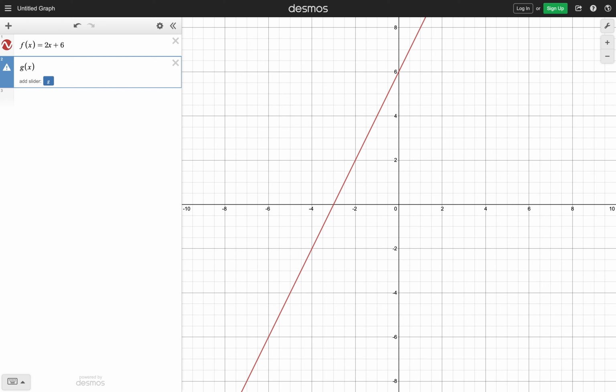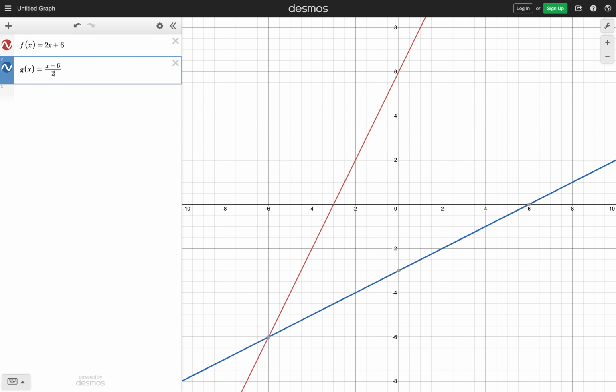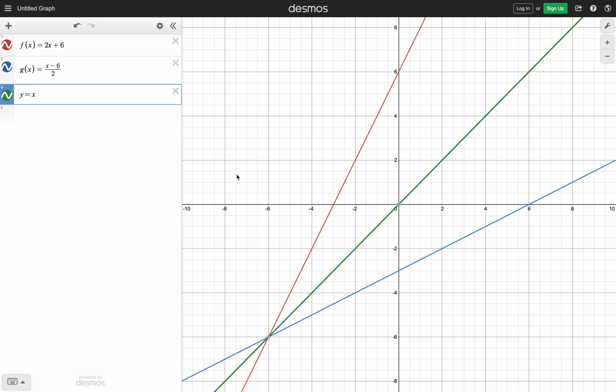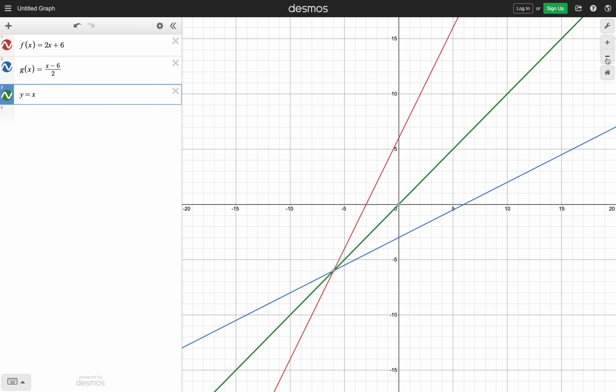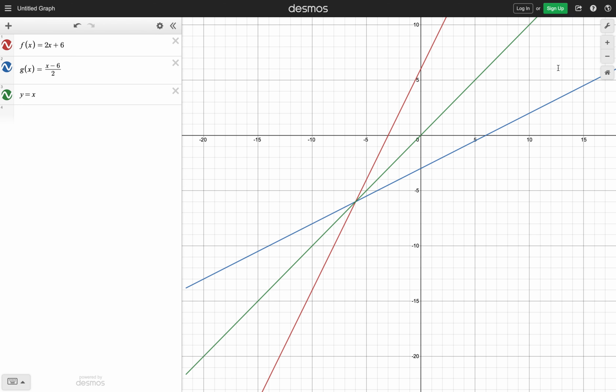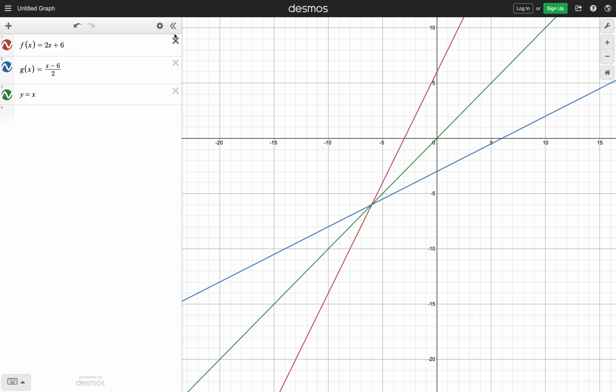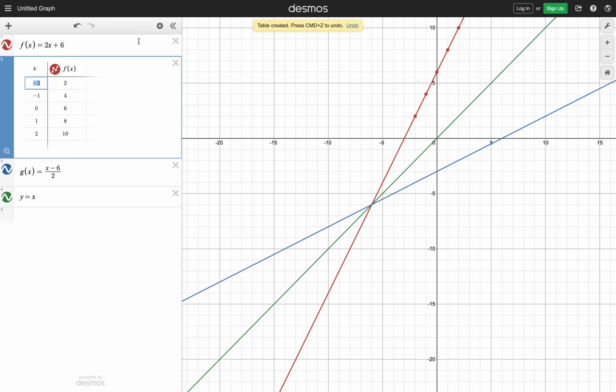Desmos does seem to pick up on the inverse notation, but for this one, for the inverse, we have x minus 6 all over 2. Again, we have y is equal to x. And if I add in just a few details,